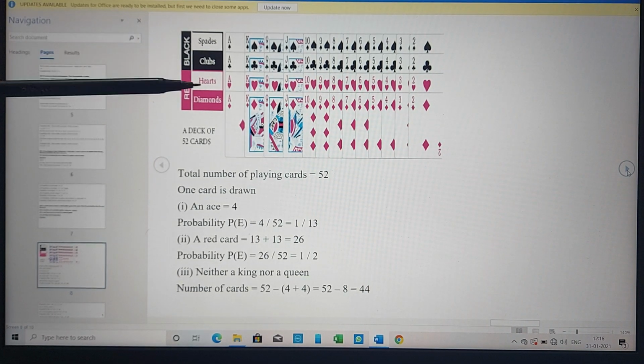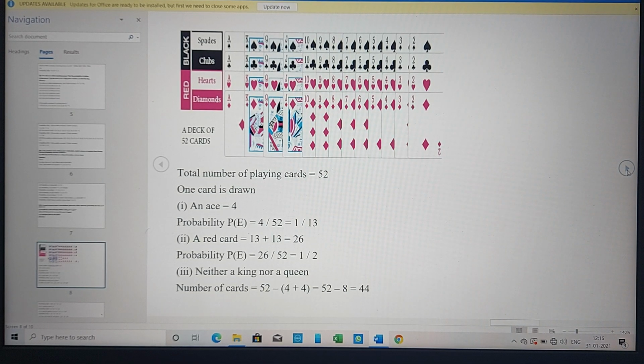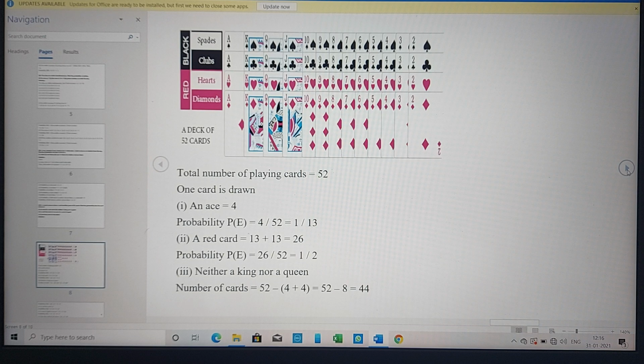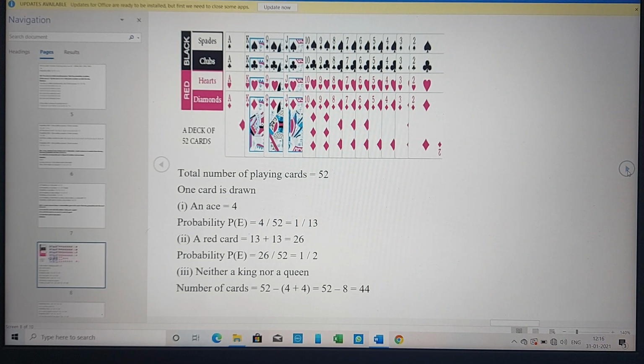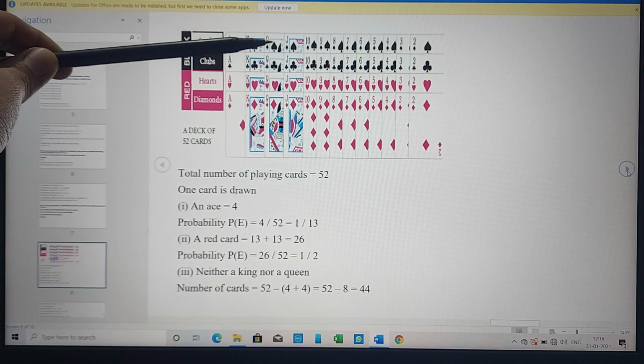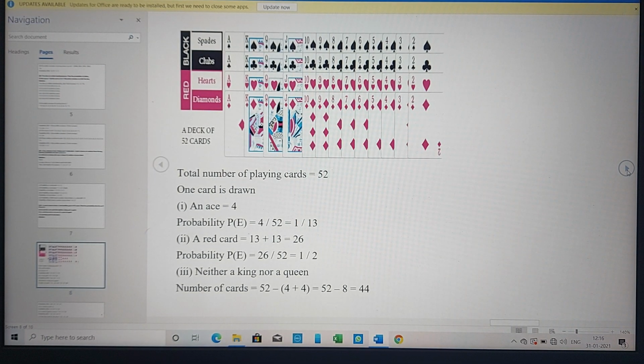The same thing happens with club, heart and diamond also. First of all ace, then king, then queen, then jack, then numbered cards 10, 9, 8, 7, 6, 5, 4, 3, 2. Among them, king, queen and jack, these are face cards. If you have seen the cards, you must have seen there are pictures drawn on king, queen and jack. No picture on ace. Are you getting it? So, king, queen and jack, they are called face cards also.